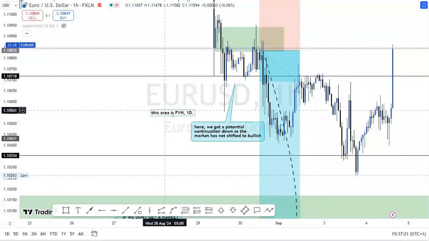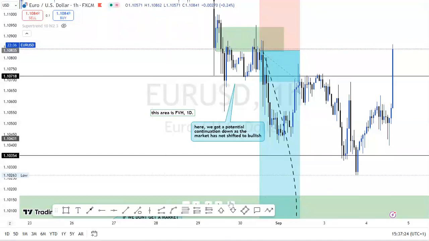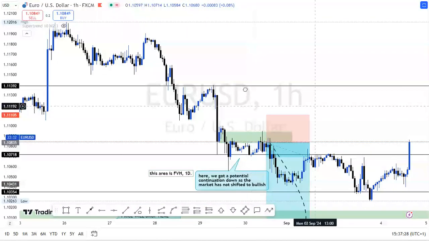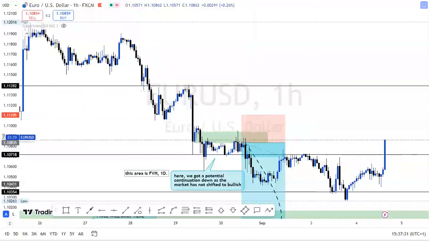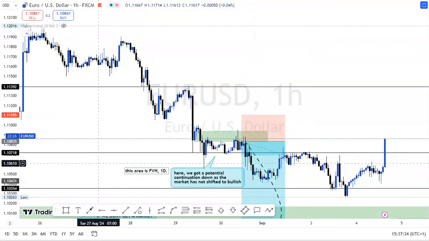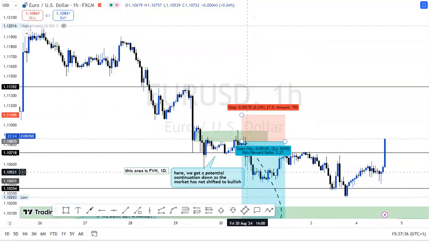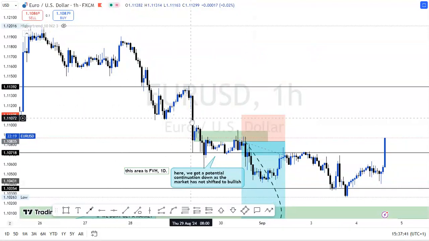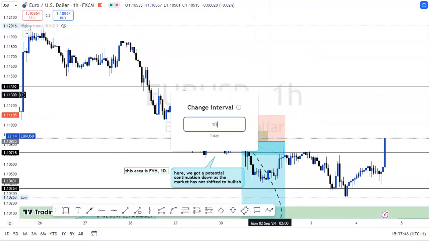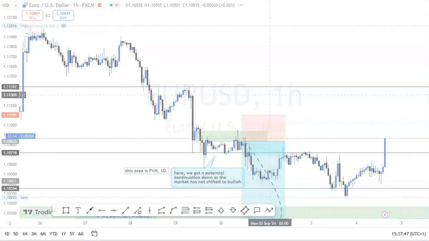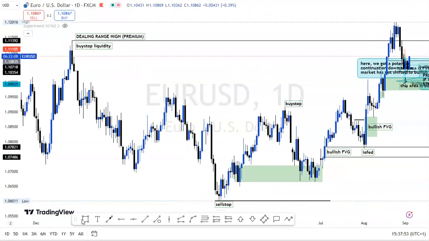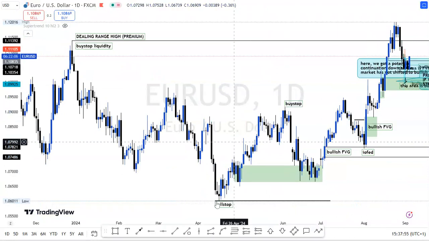So yesterday I explained that EURUSD was the last thing we looked at, and I was explaining to you guys about how price was inside our daily. Let me just go to the daily time frame now. So this is the daily time frame, and we can see that